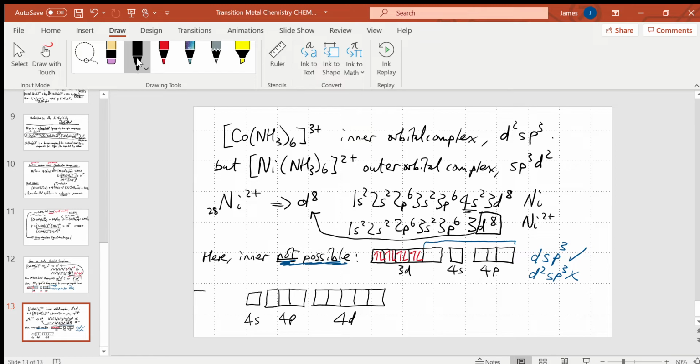So I guess I should have put my 3d on here. Let me relabel that because I forgot the 3d in the first place. So I've got my 3d, 4s, 4p,